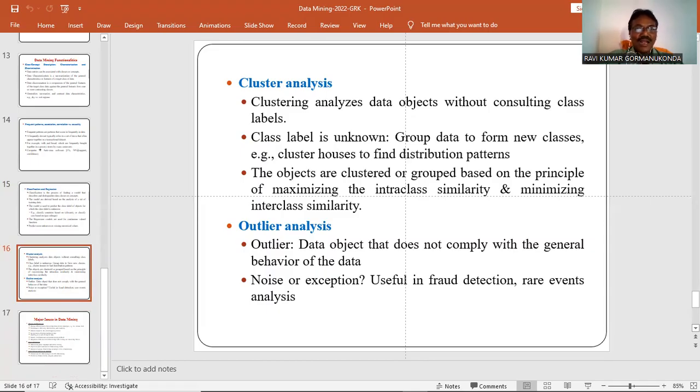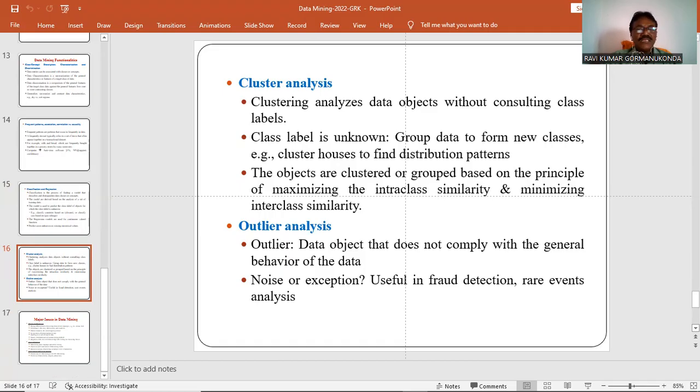So clustering is a process of grouping data from different categories. For example, we cluster houses to find some distribution of patterns.